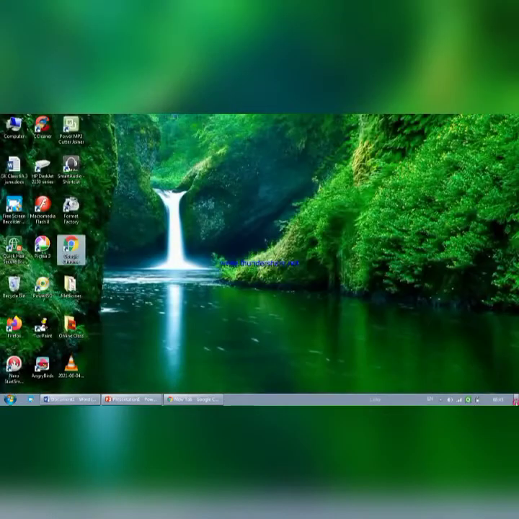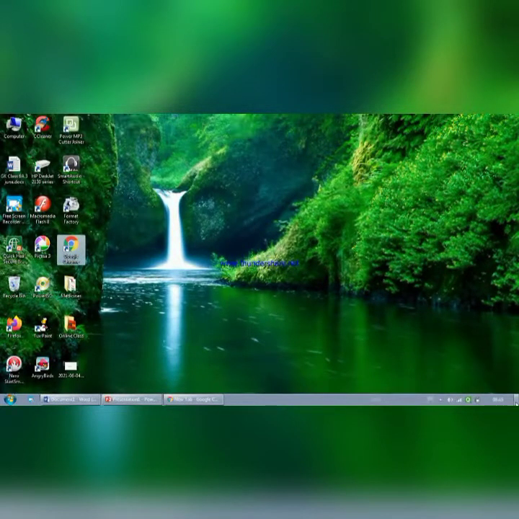Next I want to show you one more feature. If you click here at this place, then you will see it will directly go to the desktop. All the windows will be minimized and you will directly go to the desktop.